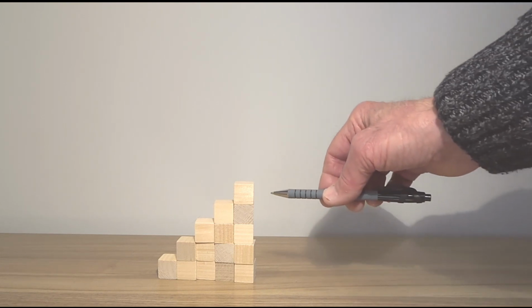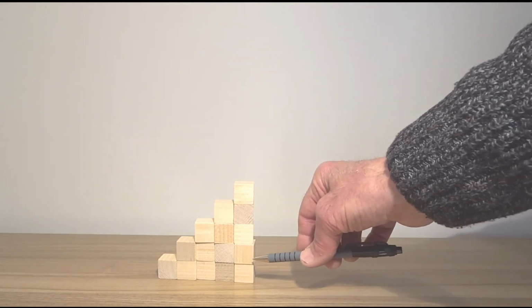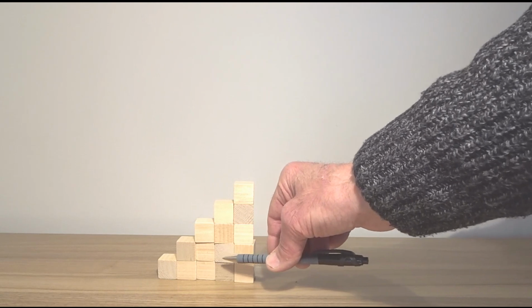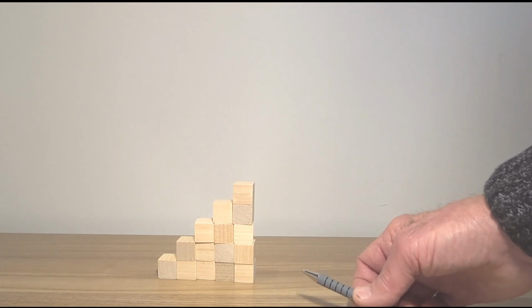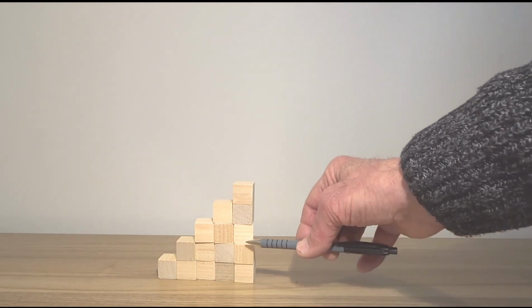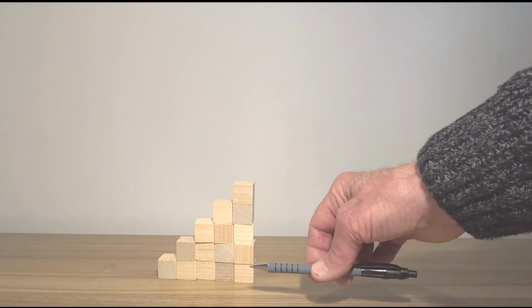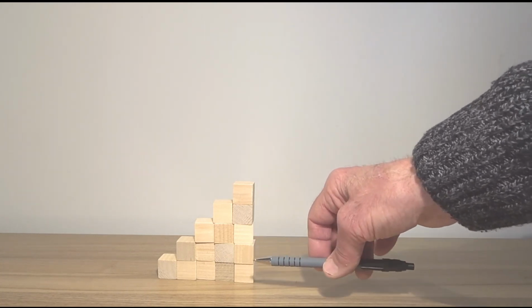For example, it might be noticed that there are horizontal cracks in the building of each tower. Obviously got a place in construction in the real world. So instead of asking the number of blocks that are needed to build a particular tower, then you might ask the number of horizontal cracks that are created in the building of that tower. So we're going to go through the same thing again. You can use your same diagram, but the questions are,